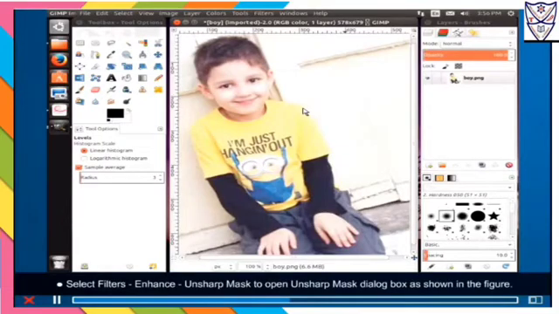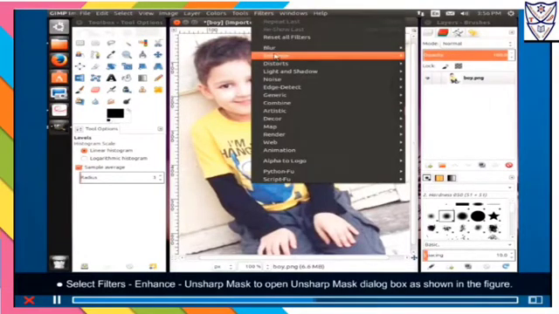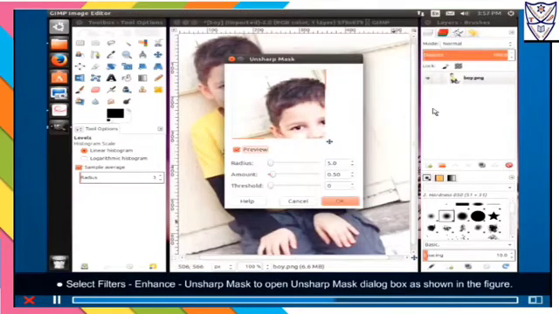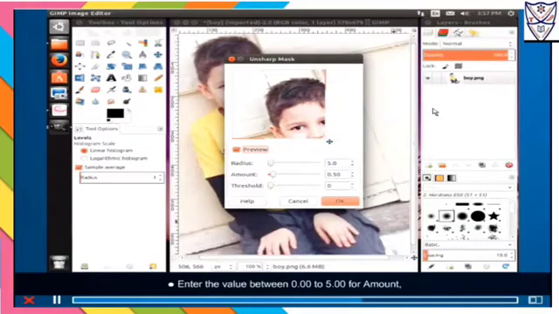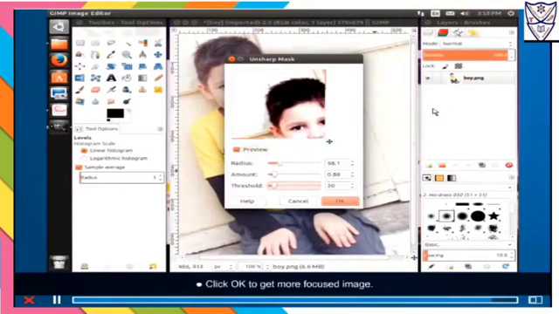Select Filters, Enhance, Unsharp Mask to open unsharp mask dialog box as shown in the figure. Enter the value between 0.00 to 5.00 for amount, 0.1 to 120 for the radius, and 0 to 255 for threshold as needed. Click OK to get more focused image.